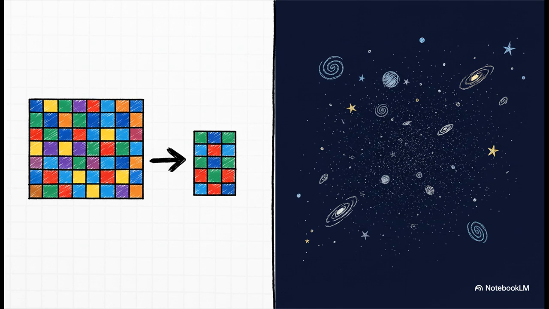Well, because entropy is literally everywhere. The very same principle is used to figure out the best way to compress a JPEG file on your phone, and it's also used to describe the ultimate theoretical fate of the entire cosmos, the heat death of the universe. I mean, that is a staggering range of application.